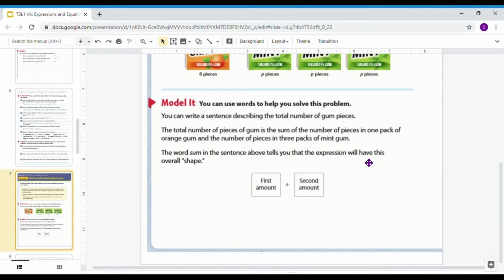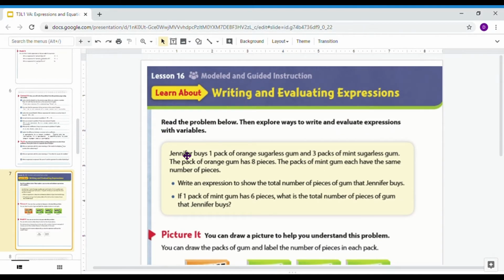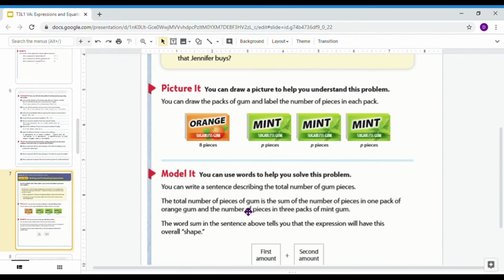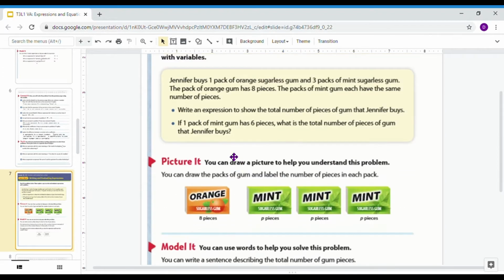So let's look at how they show us at the bottom of this page. It says you can write a sentence describing the total number of gum pieces. And they did this by looking back at what they know. And they wrote the total number of pieces of gum is the sum, so the addition, of the number of pieces in one pack of orange gum and the number of pieces in 3 packs of mint gum. So again, always thinking about what operation am I using? That word sum